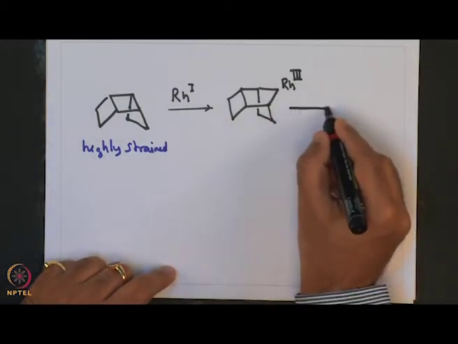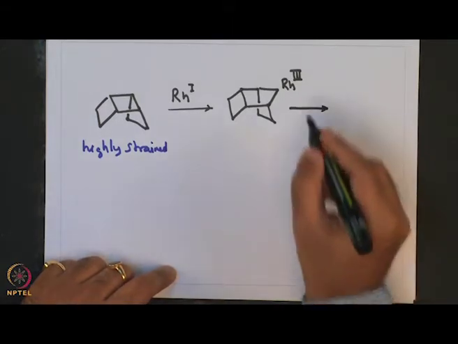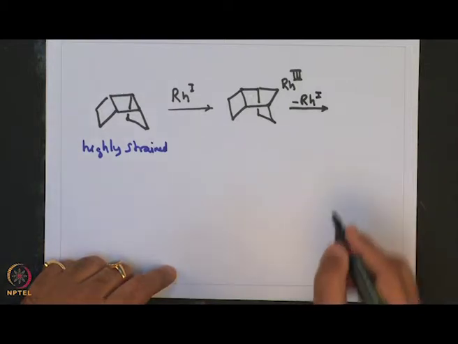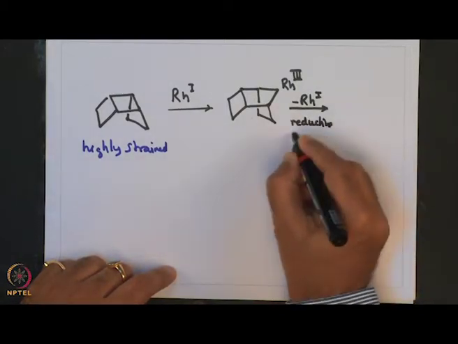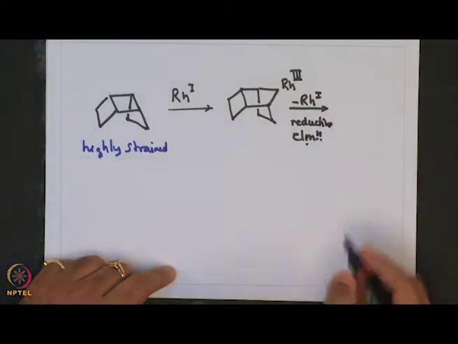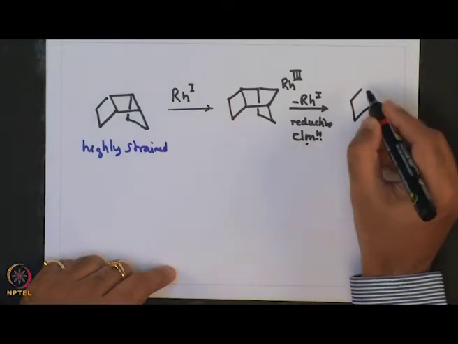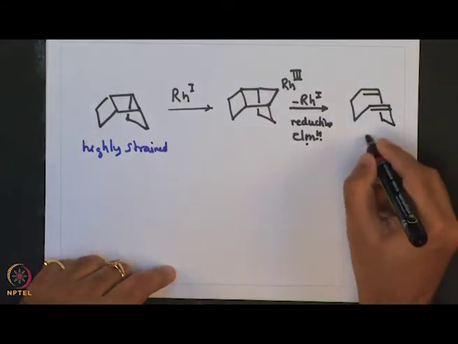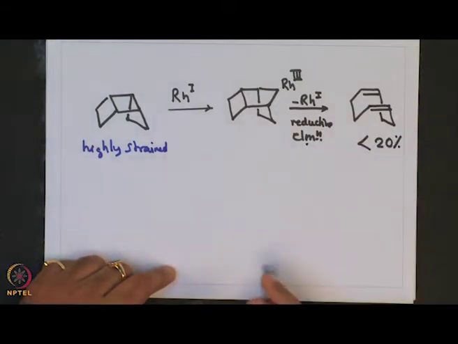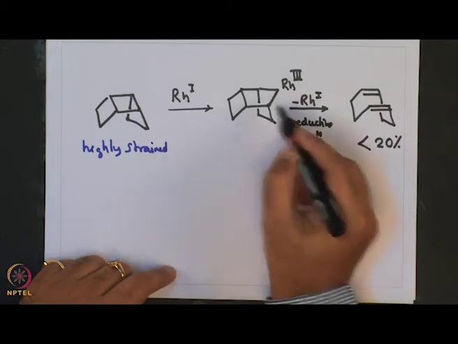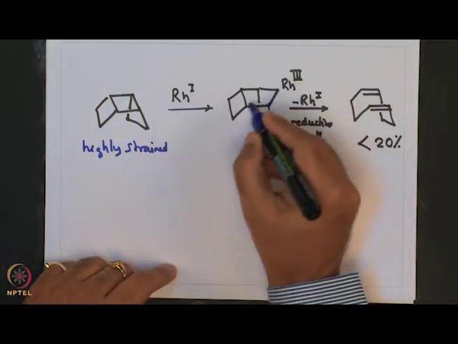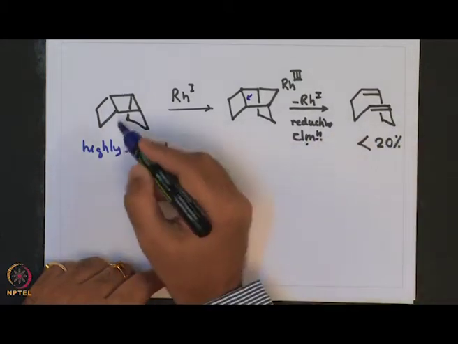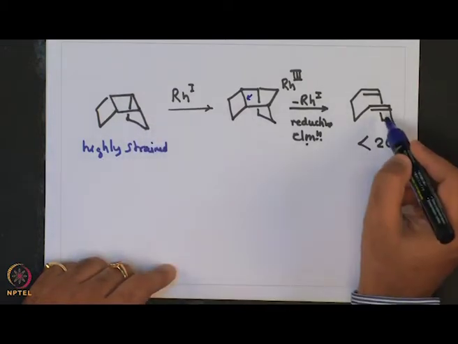which undergoes reductive elimination, giving back rhodium 1 compound, to give cyclooctadiene in 20% yield. What is seen is, in the process of reductive elimination, this particular bond has also been cleaved, and there has been a conversion of this highly strained molecule into cyclooctadiene,